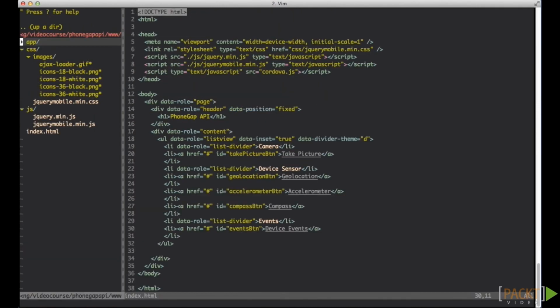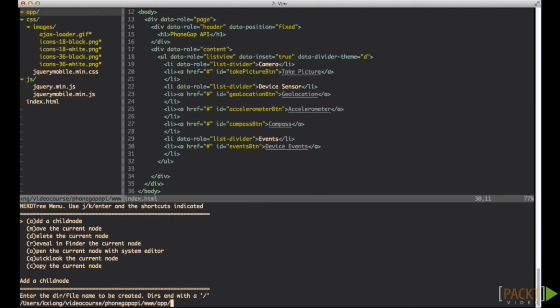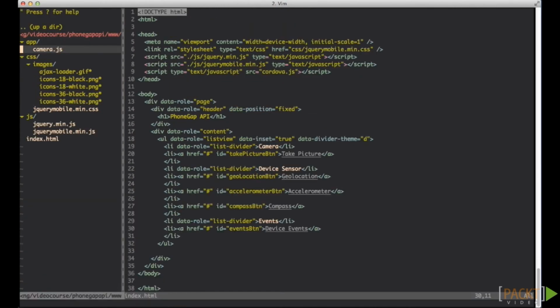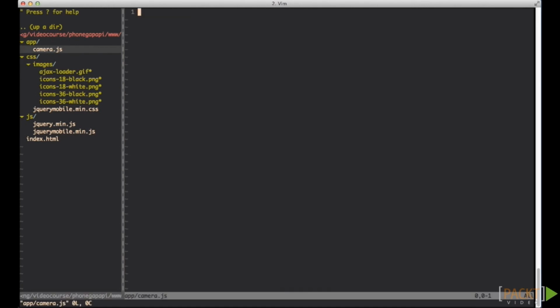First, we create an app folder. Inside this, we create a camera.js, which will include the JavaScript code for the camera. We then create the app.module. The module will export a start camera function which will call the PhoneGap API